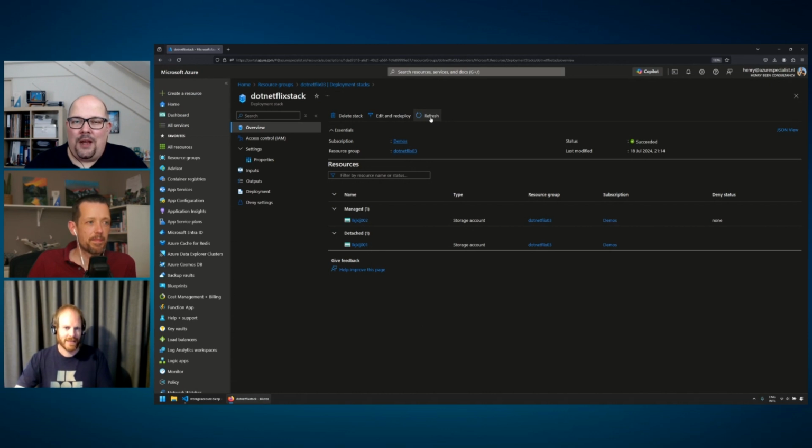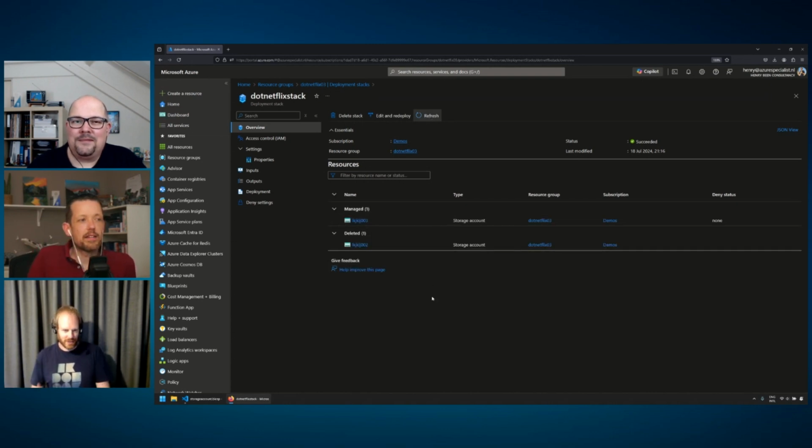Okay. I think this is probably also what you want. You're probably not going to switch between detaching and deleting. No. And originally, the behavior was part of the stack, but now it's part of the deployment. There has been a long debate, but this is how it turned out.